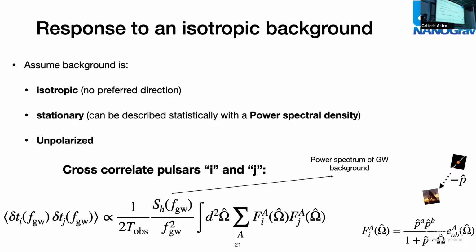So an individual system will emit gravitational waves that are polarized depending upon the orientation of that system. But if we're adding up incoherently lots of systems added together, those systems know nothing about each other, they're going to be oriented randomly. We're not going to have any polarization of the background. So if we take the delay due to gravitational waves that one pulsar observes, and we cross-correlate it with the delay due to gravitational waves that another pulsar observes, what we find is that this cross-correlation is going to be proportional to the power spectrum of the gravitational wave background divided by f squared.